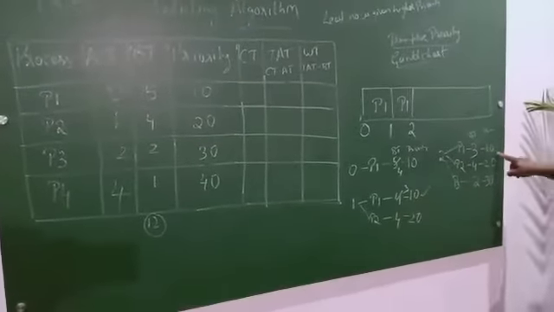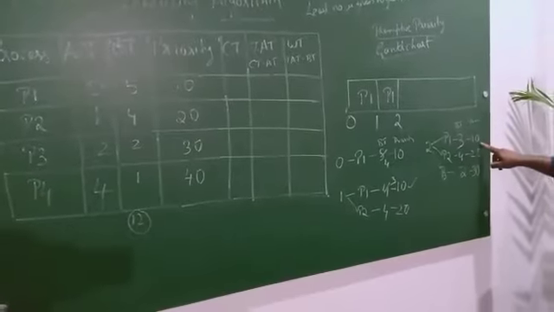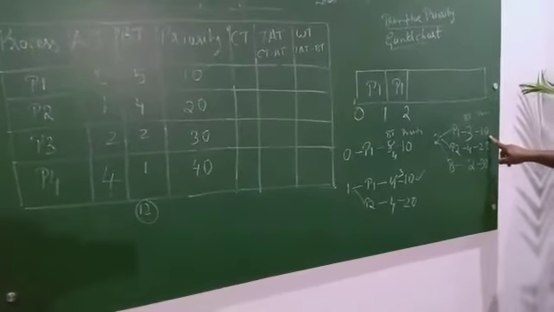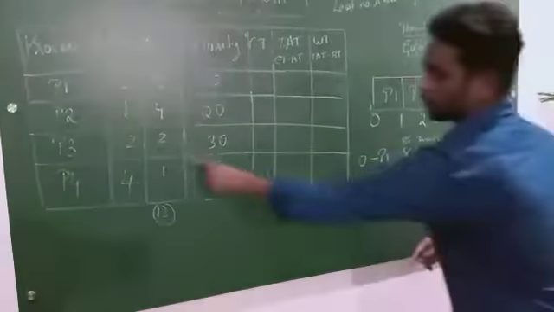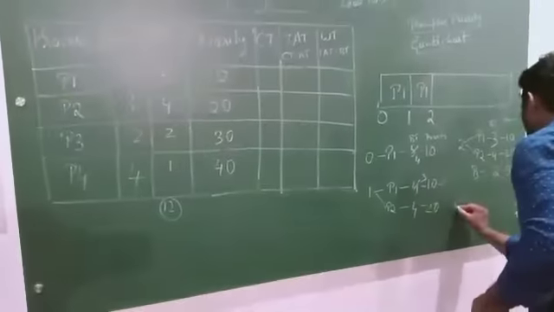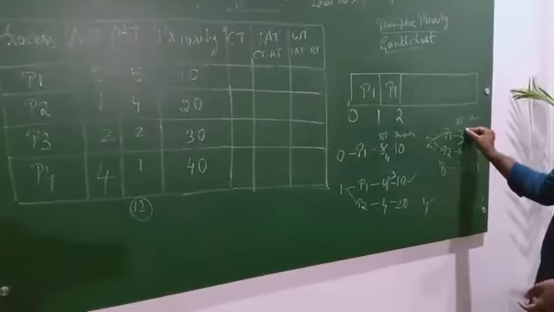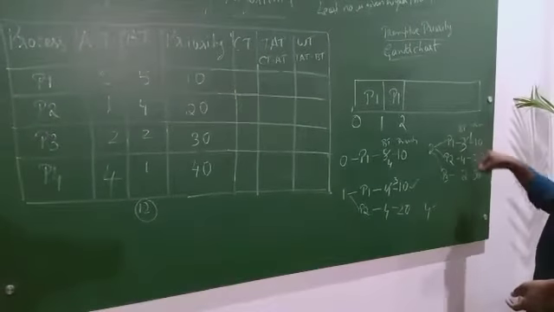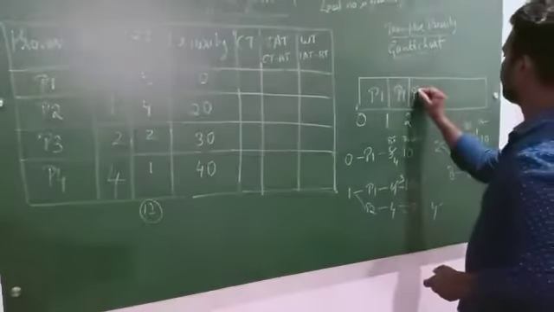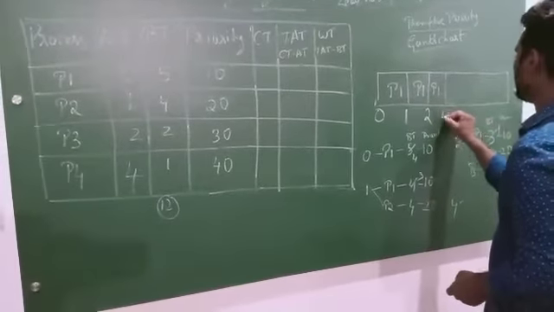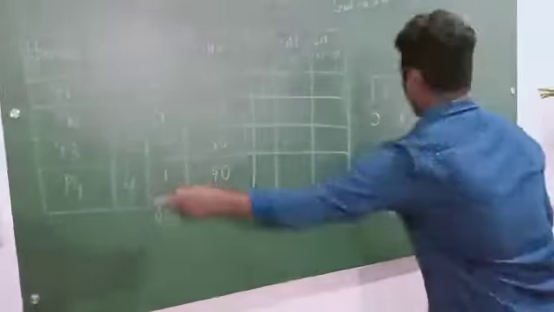At 2 seconds, which is having more priority? Again it is P1 itself. To make 4 seconds, your P1 has to execute how many seconds? 2 seconds. If it executes 2 seconds, remaining is 1. So your P1 will execute for 2 seconds to make it 4 seconds. Hope you are clear.